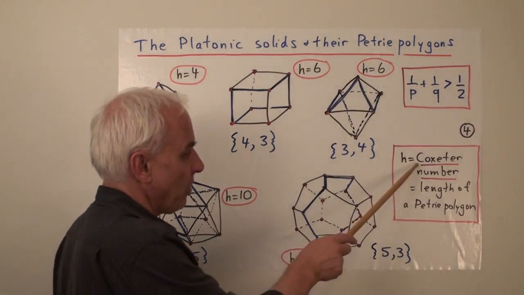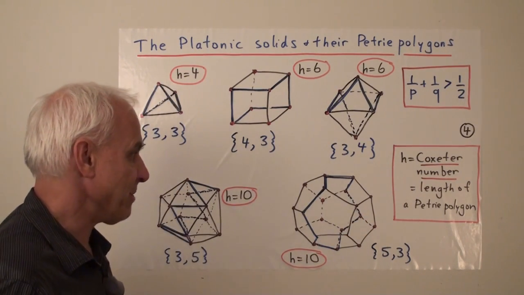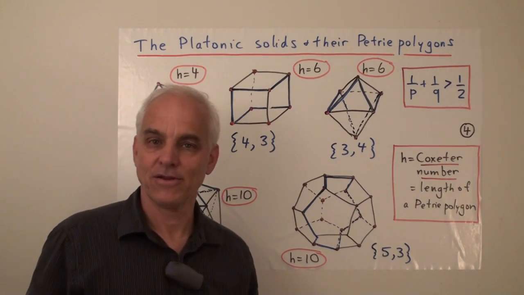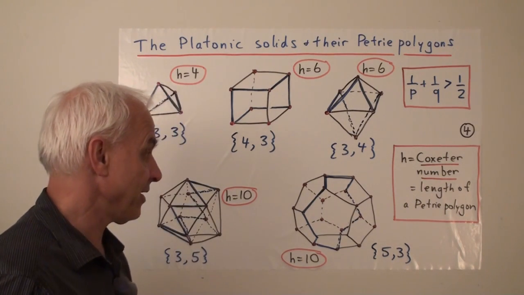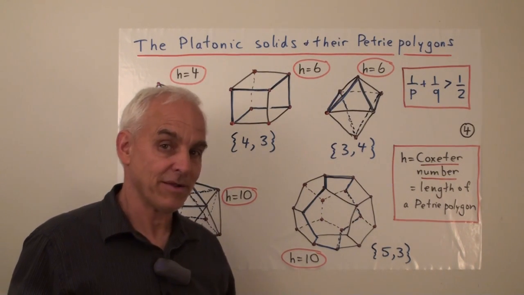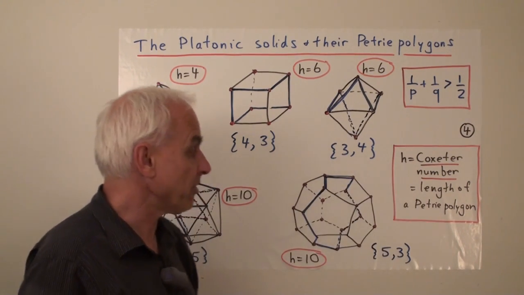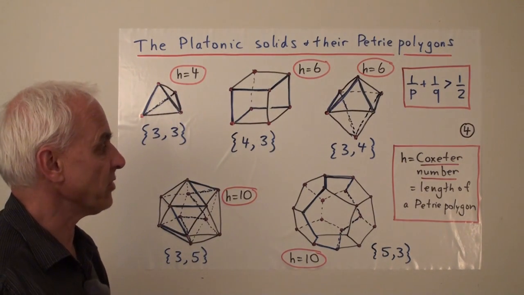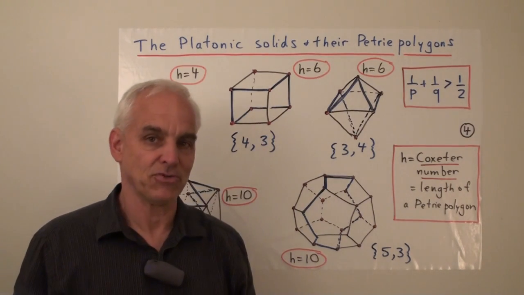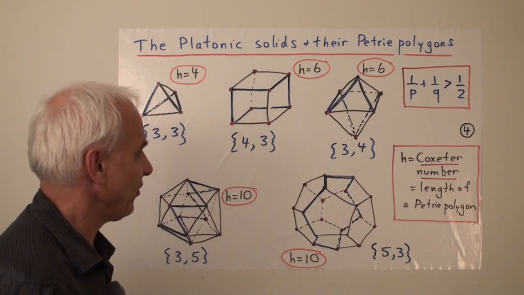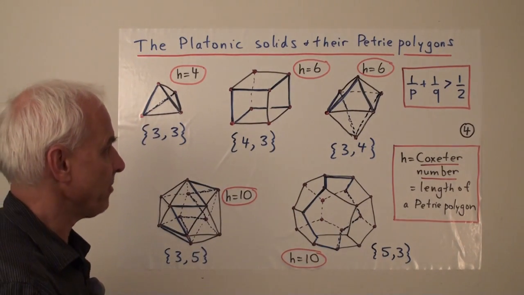By the way, this h number is called the Coxeter number of the Platonic solid. Harold Coxeter was a famous British-Canadian geometer, actually at the University of Toronto, and I was very lucky to have him be there while I was there for a while, and we even shared an office occasionally. He's a very famous geometer, probably the most prominent 20th century geometer. And he made a lot of very important investigations into the symmetries of polyhedra and such. And so this particular number, which has other significance as well, is named after him.